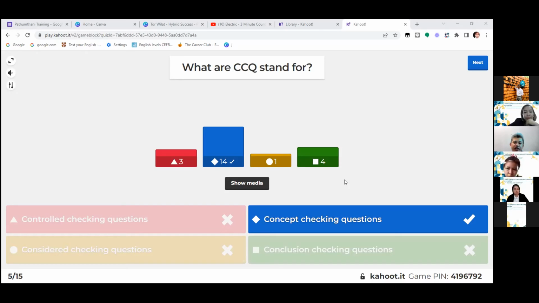Anyone can help me, what and how can we do concept checking questions? When you teach something or they are learning something, instead of you telling them, you ask questions to check whether they understand or not, right?